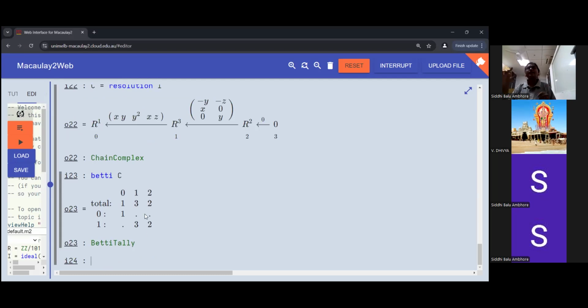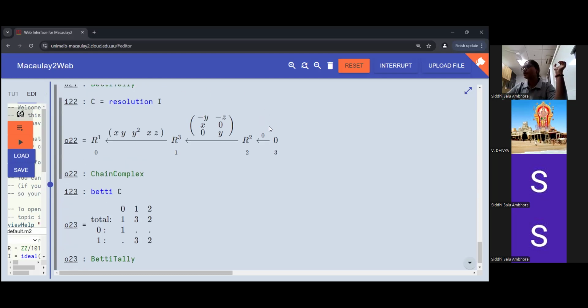So when I say betti I, what it does is it only considers this first map, the epsilon map which we had in our notes, and it just calculates the Betti numbers of that first graded map. But betti C is like the entire resolution, and it gives the information about all the Betti elements. But the trick here is when we have this kind of structure in Macaulay 2,